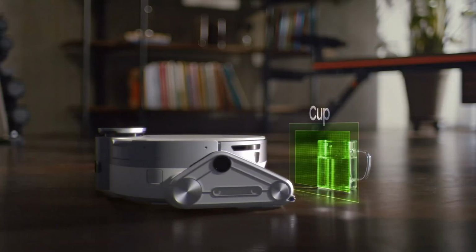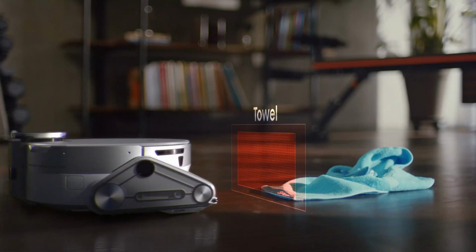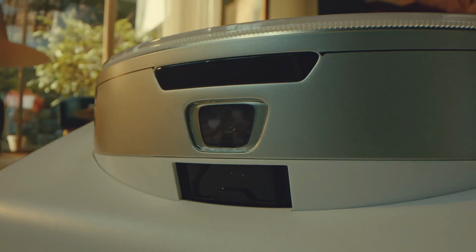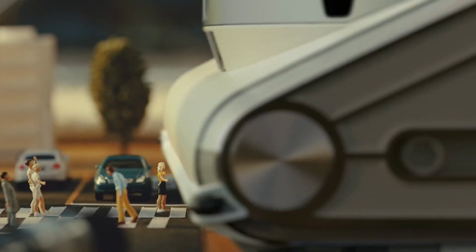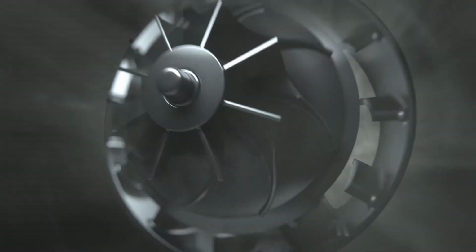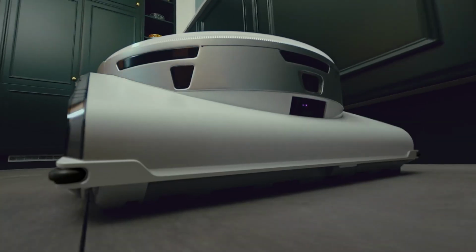Its Clean Station self-emptying system hygienically disposes of dust and debris and traps fine particles with a comprehensive 5-layer HEPA-grade filtration. Real-world performance is strong on hard floors and light carpets with automatic power adjustment, though its 90-minute runtime and tall profile can limit coverage under low furniture. Compared with slick mapping and avoidance in rivals like Roborock, its object recognition is innovative but sometimes mislabels items and